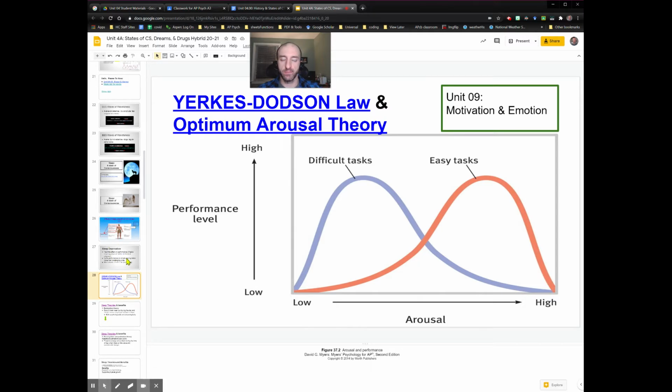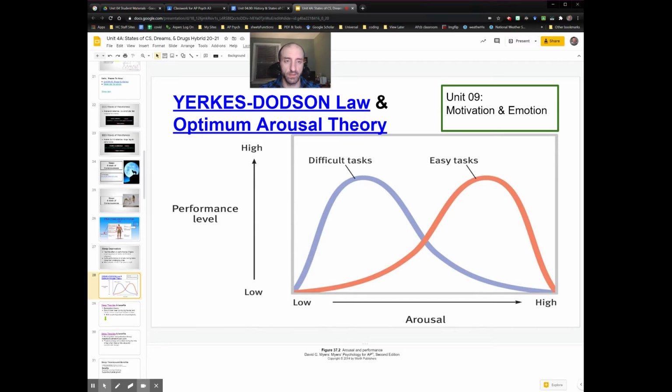So this part I was just saying about performance on difficult tasks, even if you're sleepy, this is something we'll come across in Unit 9, Motivation and Emotion. This is the theory of optimum arousal and the Yerkes-Dodson law. The Yerkes-Dodson law talks about how arousal, like the alertness or the activation of your sympathetic nervous system,